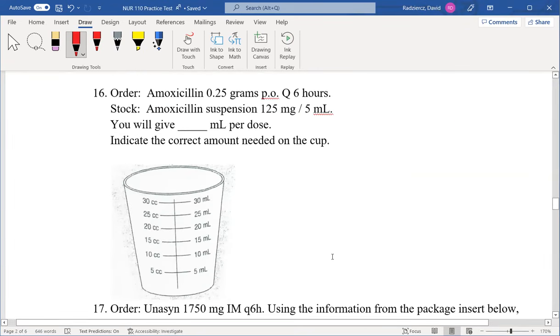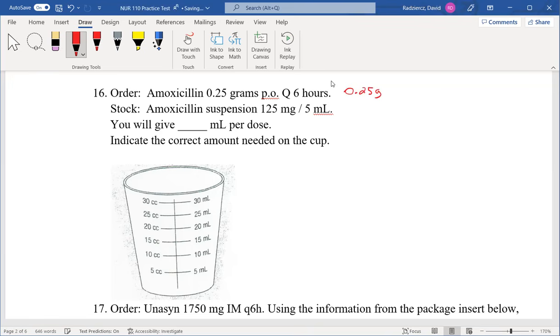All right. Well, marking the cup. This is actually considered a 2-step question. The reason it's 2 steps is because you have to convert grams to milligrams or milligrams to grams, and that's step 1. And then you do your math. As practice, what I recommend is going from grams to milligrams. You can just move your decimal place over 3 places and get 250 milligrams. But if you need to see it for practice,